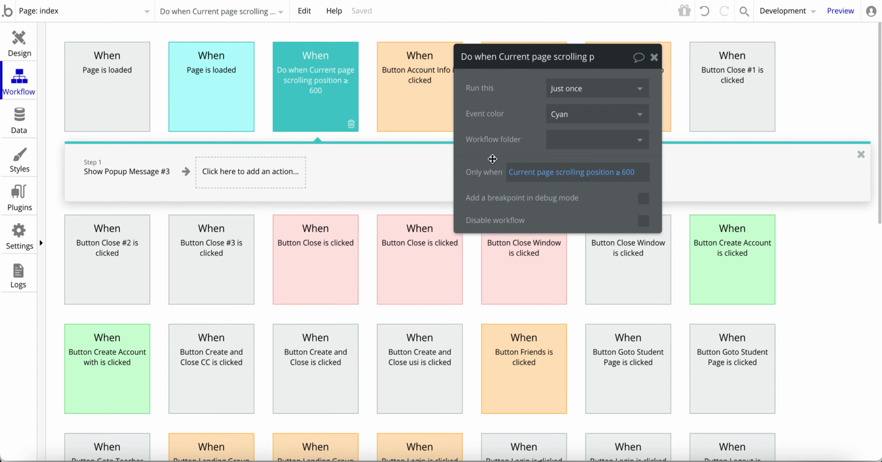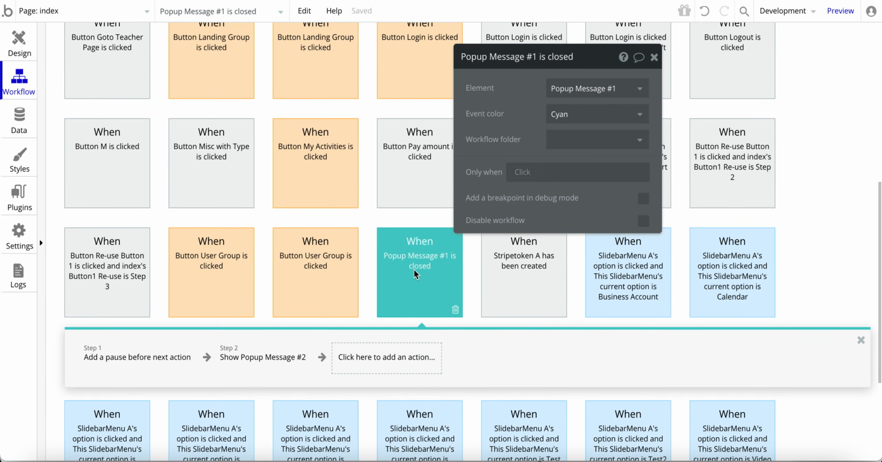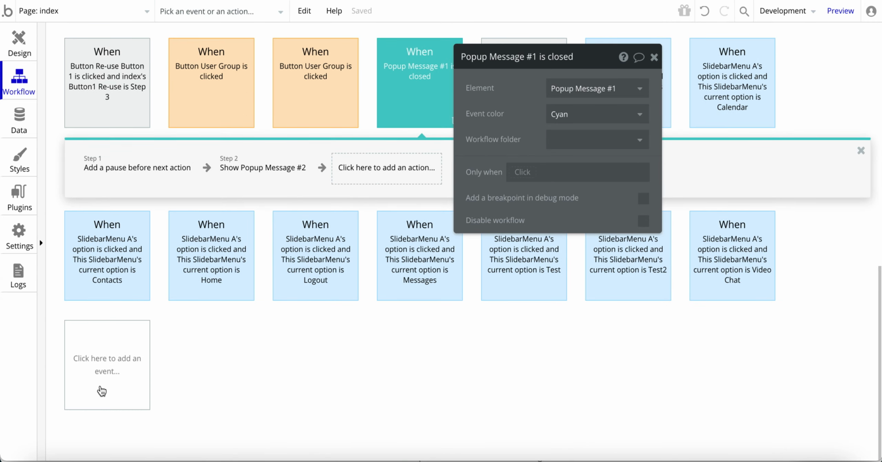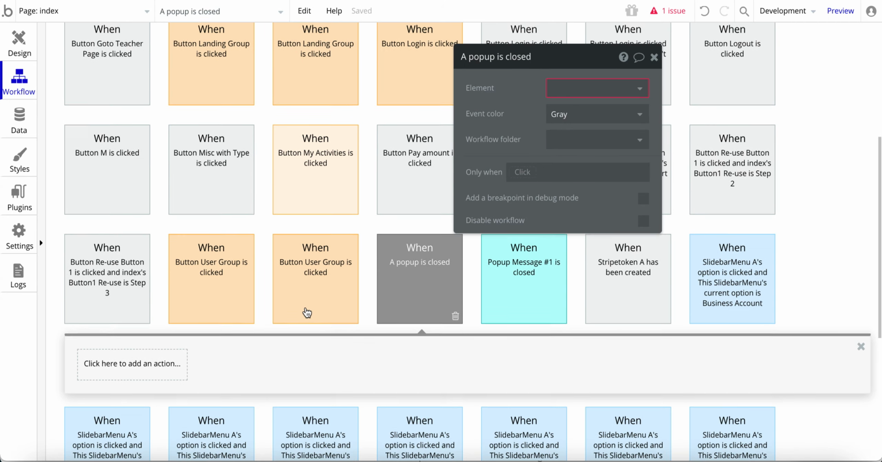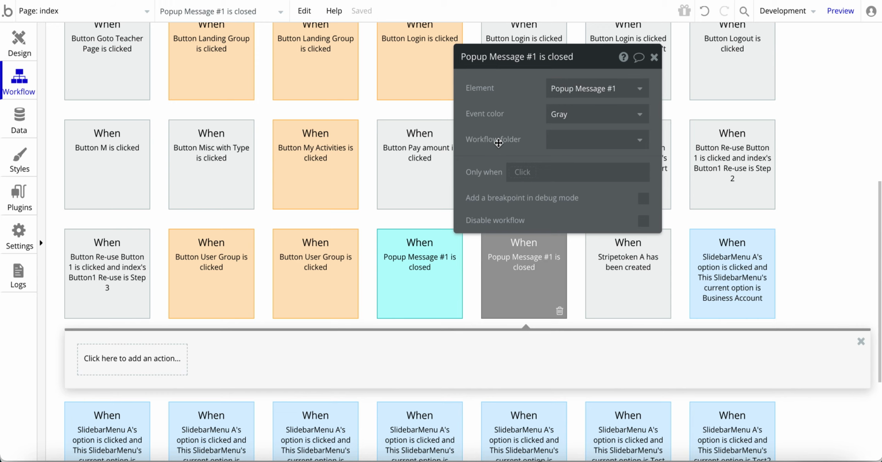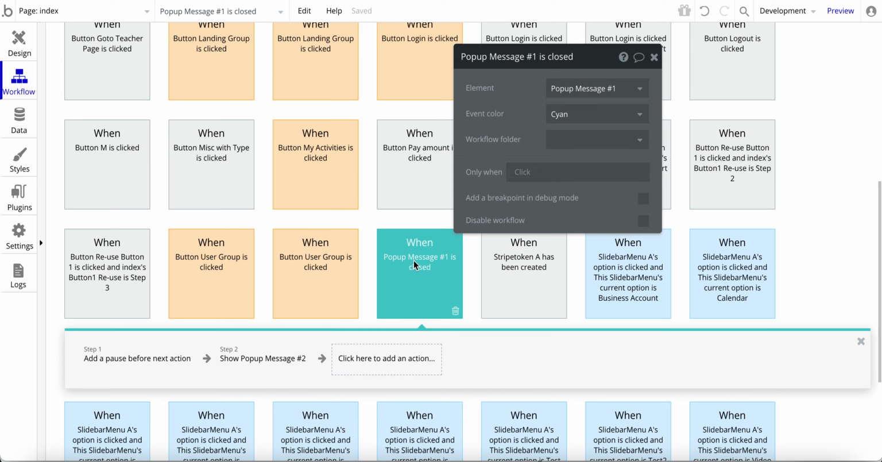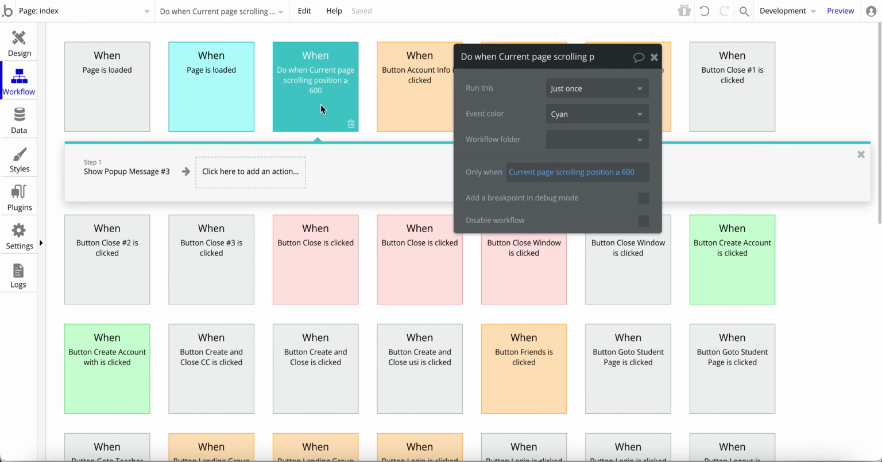And then the last one to get pop-up number 3. I got ahead of myself again here. So pop-up message is closed. Let's go back here to get the event. Elements, pop-up is closed. And that's how we get that, and choose the pop-up when pop-up 1 is closed. And then you can add the actions. So that's how we get to the pop-up message is closed. And for this last one, when the current page scrolling position is greater than 600 pixels,